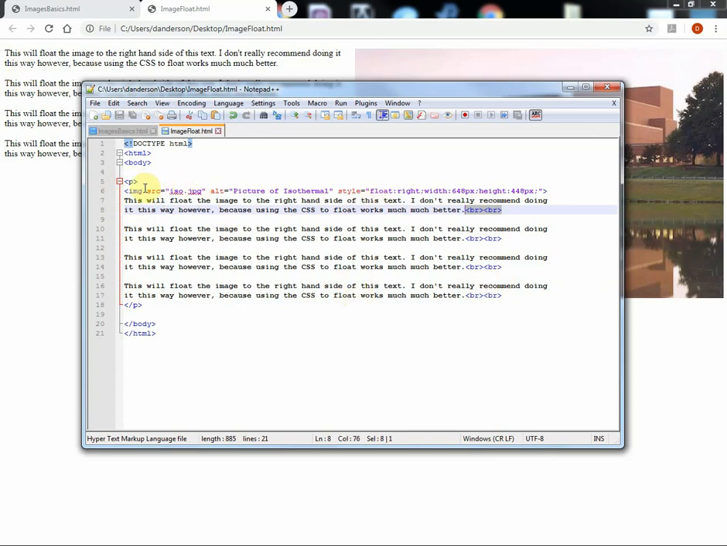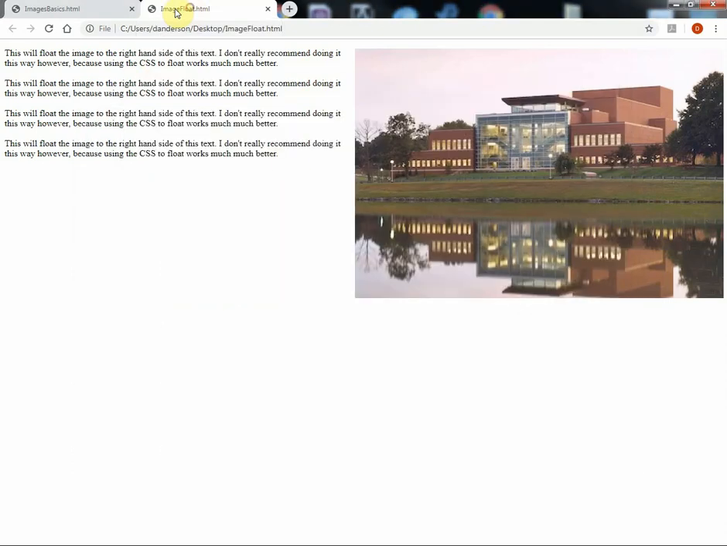But notice I've got the same attributes using the same image here, but one thing I've added is an additional attribute. This is the style attribute, and I can float that to the right, and if I want to float it to the left, just change that to left, and I can specify width and height in pixels as well. So if I go ahead and run this, I'm going to refresh it so you can see